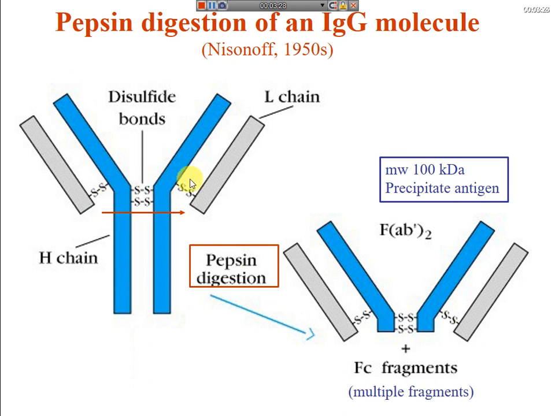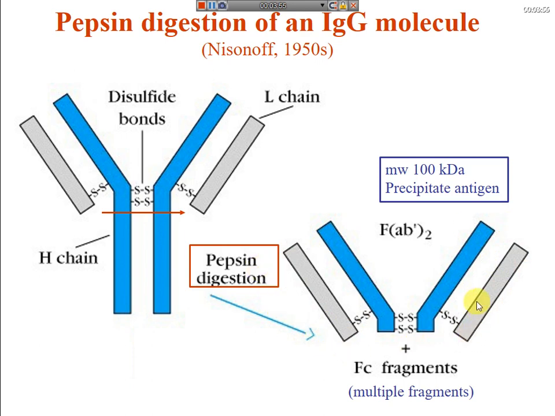So there is no chance of separation of these two heavy chain products, and the rest of the heavy chain gets digested completely. So when you run the products of this proteolytic digestion, you only get a 100 kilodalton protein. Now the antigen binding capacity was checked, and it was found that yes, it is also able to interact with the antigen,